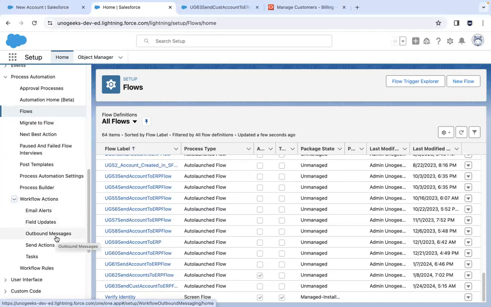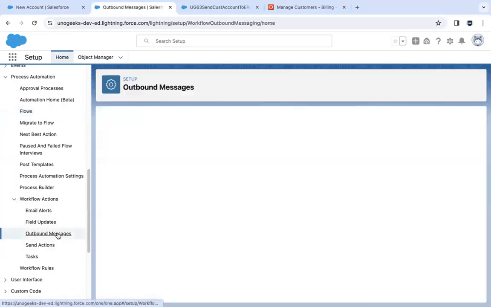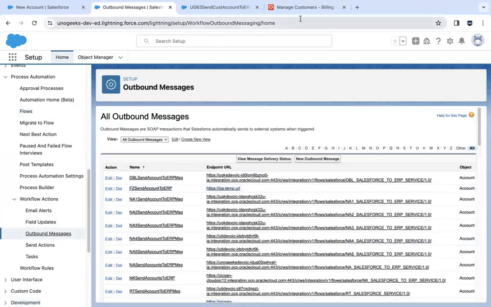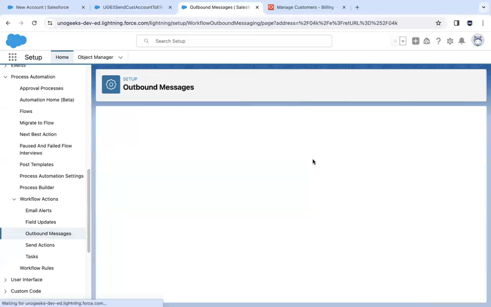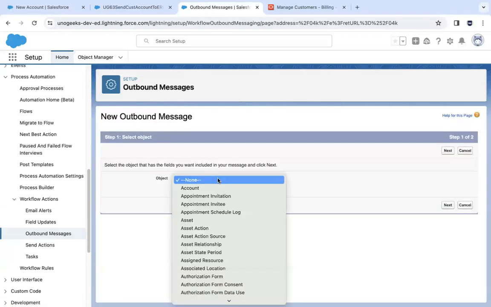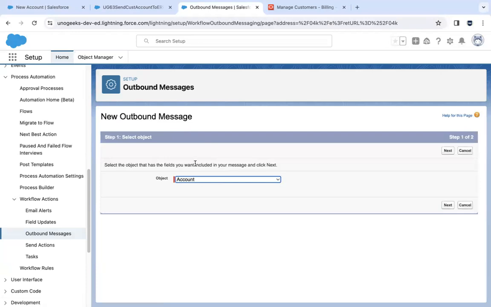It means that I can send a message from Salesforce to the outside world. When you create an outbound message, you can plug in an integration endpoint URL that needs to be triggered. So an outbound message is exactly what we are looking for. Create an outbound message, and that outbound message is what you're going to call from this process flow. So let's create a new one. And again, this outbound message is going to be based on the account